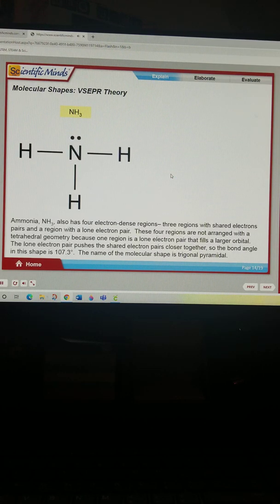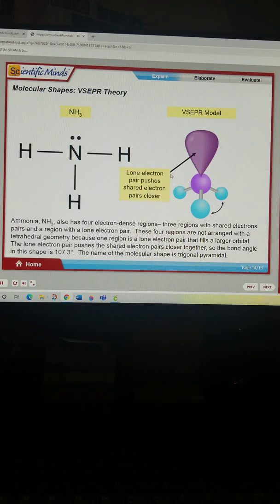Ammonia, NH3, also has 4 electron-dense regions, 3 regions with shared electrons paired, and a region with a lone electron pair. These 4 regions are not arranged with a tetrahedral geometry because one region is a lone electron pair that fills a larger orbital. The lone electron pair